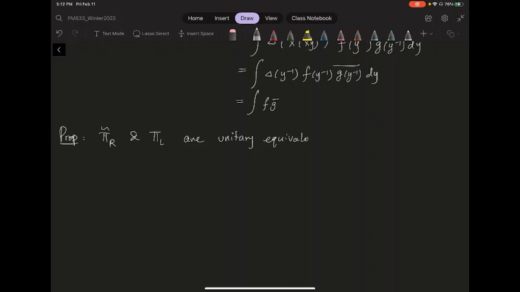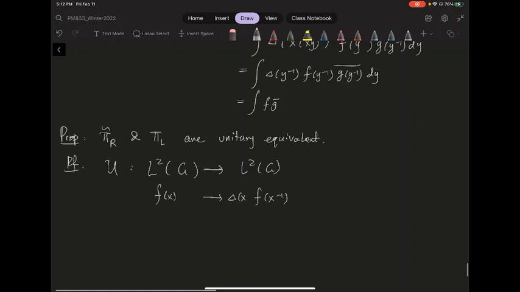In other words, usually we only look at the left. The proof is fairly simple: I just need to find a unitary that implements this switch. So you can define a map from L² to L², where the L² is with respect to the left Haar measure. You let f map to f of x inverse,